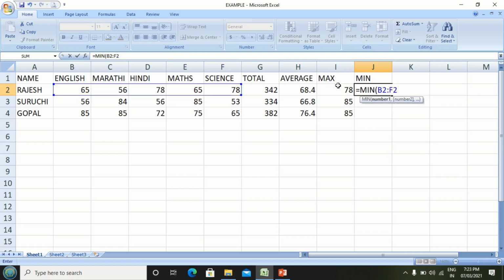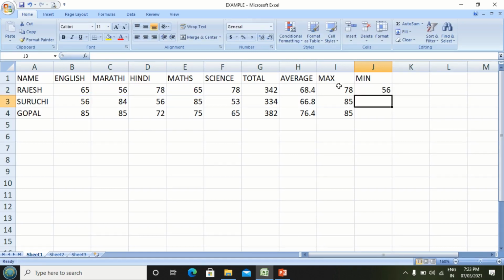Cell range is selected, close the bracket and press enter. The function has found the minimum value 56 for student Rajesh. Minimum marks 56 for student Rajesh.